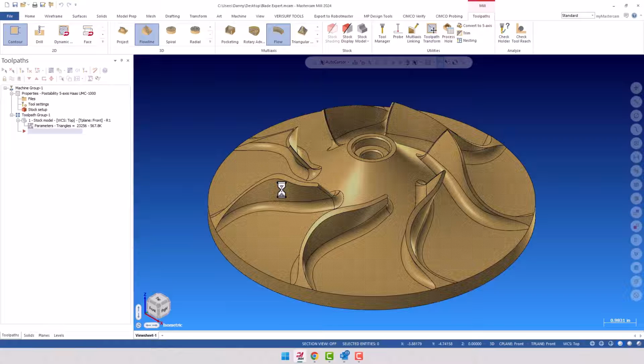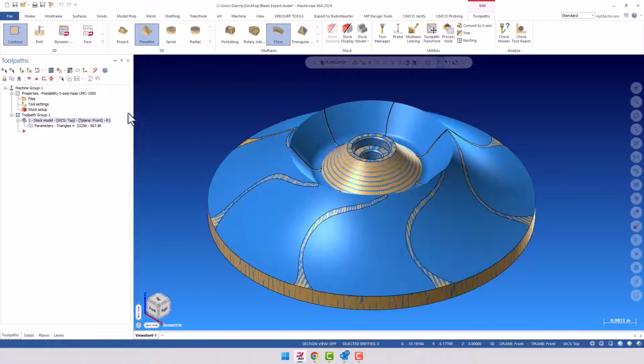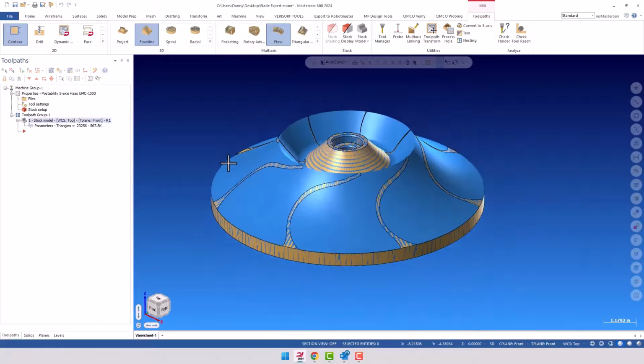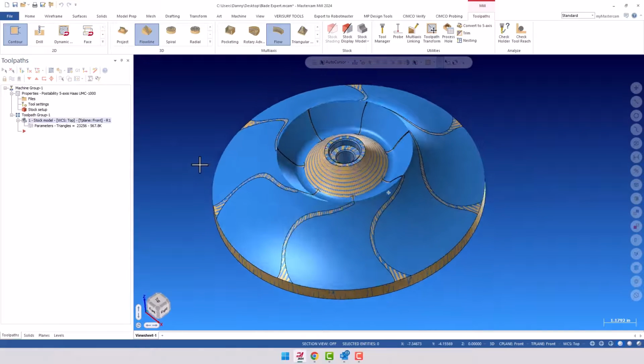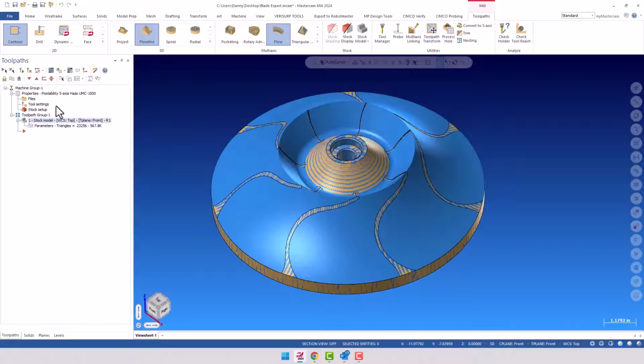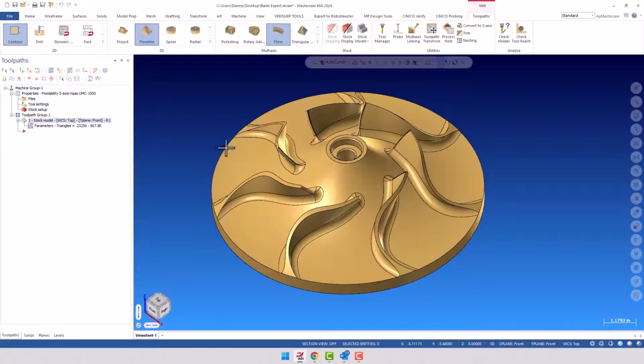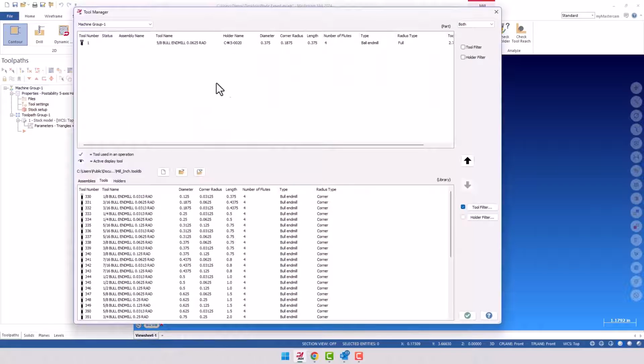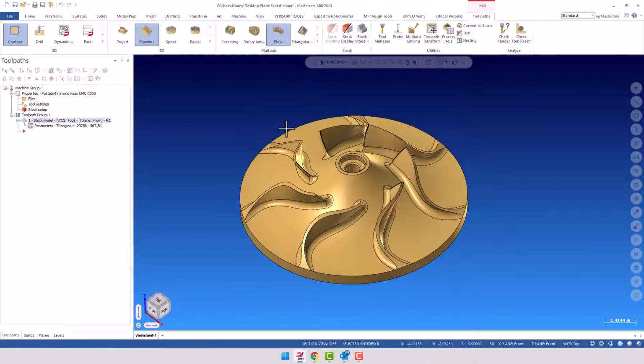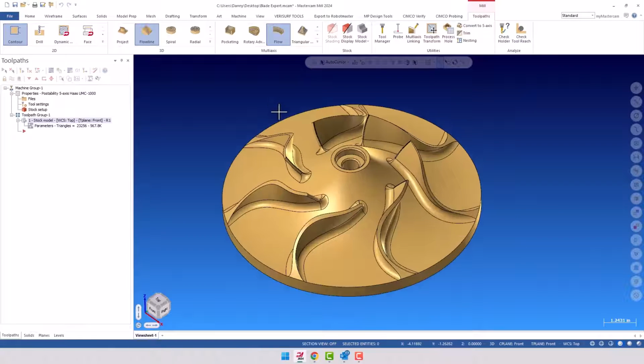Okay. So now things are going to start to get a little more complicated. I already have a stock model of where we're going to start at. You do have to create a stock model, especially if we're going to rough this out, and that's the example I want to show you. I'm going to turn that off, and I believe I have a tool ready. I have that same 5/8 end mill that I've been using all day. It hasn't worn out. All right, so now we're going to go back up here into the multi-axis panel again,